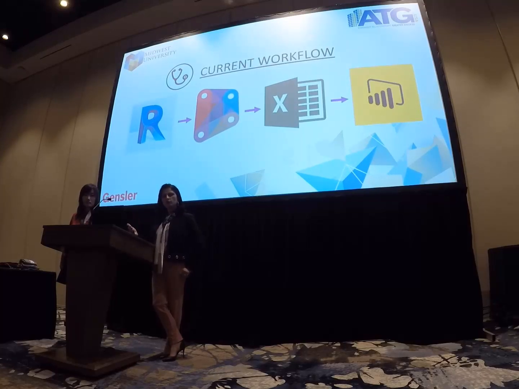We still have our Dynamo script, which is kind of big, like you saw. We still have that Excel file. We do color them, and even then we color red for bad, yellow for okay, and green for good. It was a little bit confusing for them. So we introduced